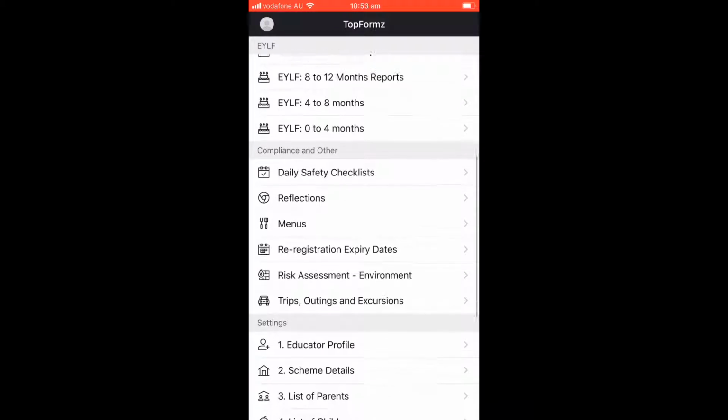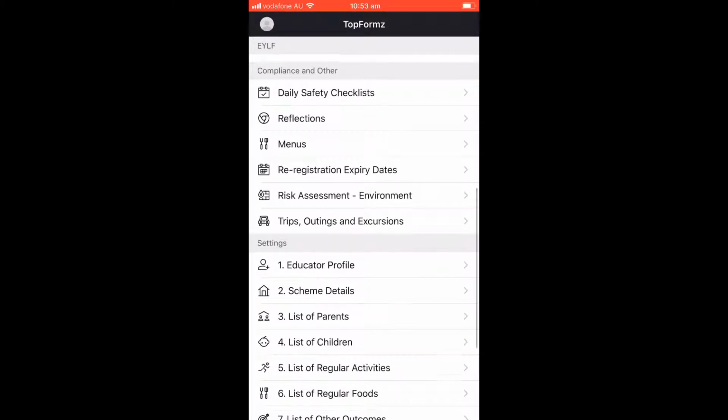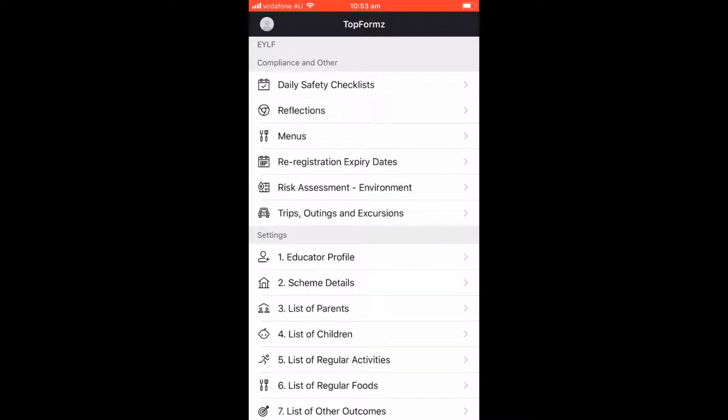Today we're going to be having a look at reflections and how we can go about recording that. I'm not really going to be dealing with the frequency of your reflections. That's really up to you and how you go about documenting those. But basically TopFormz is just a tool that enables you to really document what your actual reflections are and to